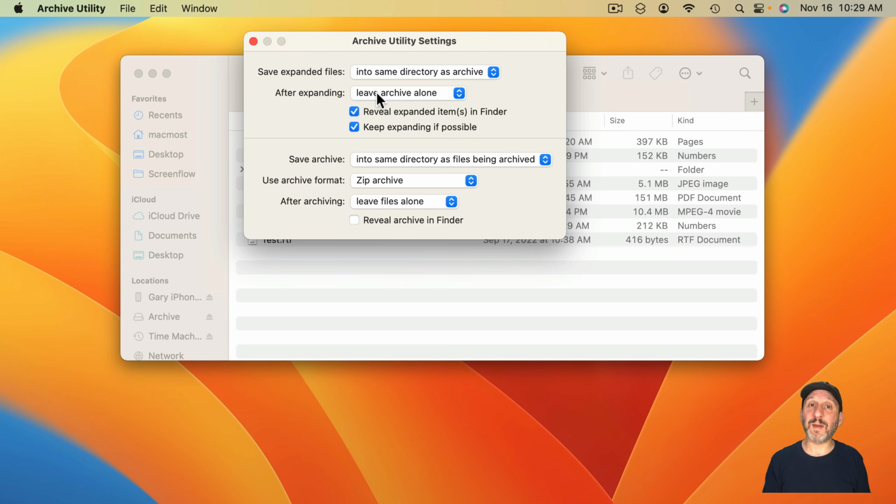You could also change what happens after you expand the zip archive. Instead of leaving it there, you can have it moved to the trash, deleted, or moved to a folder of your choosing. You can also choose whether or not the expanded items are selected after you unzip and if unzipping should continue. In other words, if there's a zip file inside the zip file, should it continue expanding all zip files until it's done? Or just do the top level zip file and leave any zip files inside that as